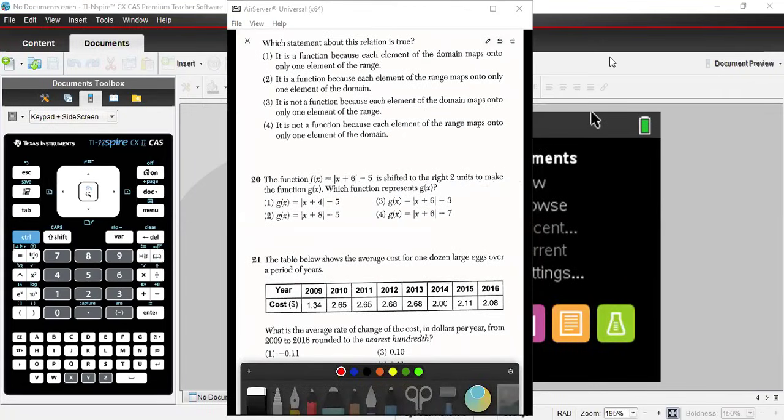I'm going to do question number 20 from the August 2026 Regents exam. This is a transformation question, and if you know your transformations, this is a pretty straightforward question. But unfortunately, a lot of students struggle with transformations, especially when you're doing a horizontal shift to the left and right. They don't understand that if it's inside of parentheses, it goes the opposite way of the sign,